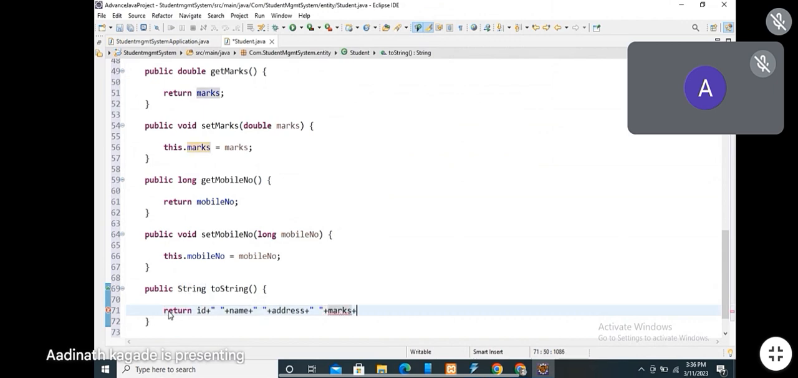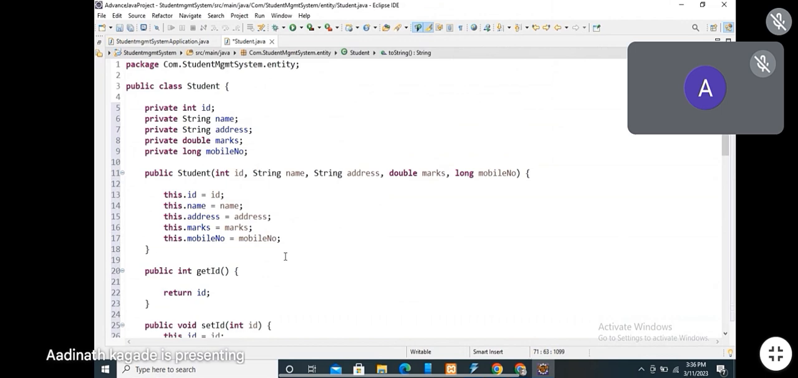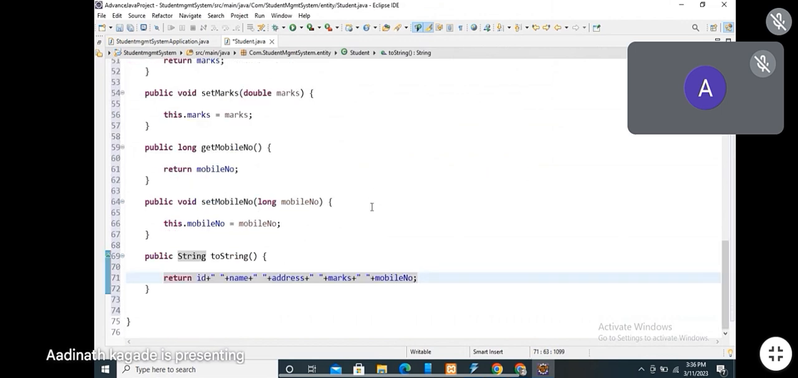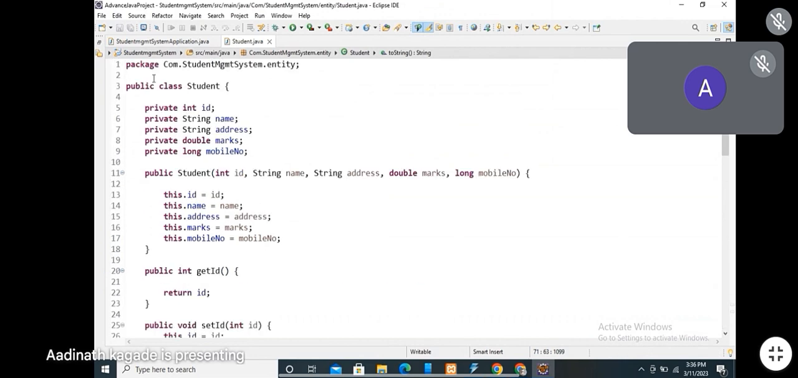and mobile number. Yeah. Okay, toString is ready. So this is the entity class. Okay, entity class